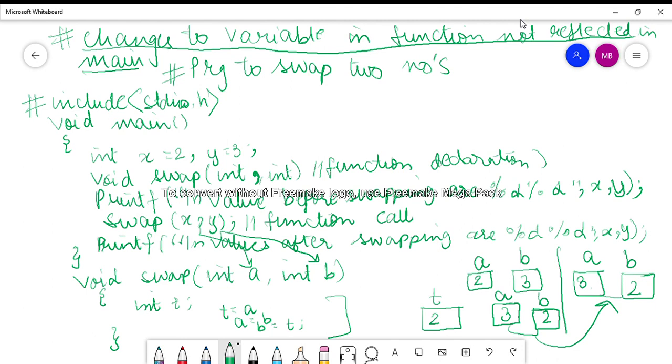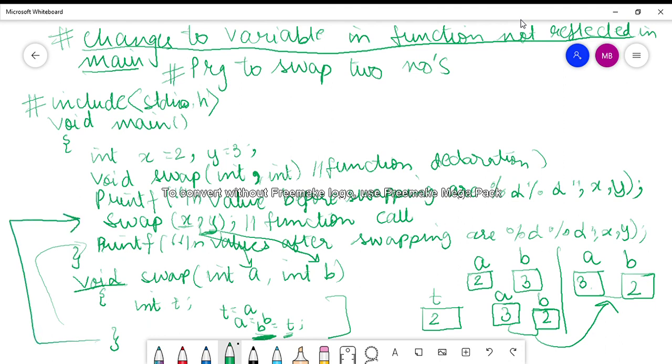But since I am not returning it, nowhere have I returned this value. Also the function type is void here. So that means I have not returned a value. So in that case, there are no changes made to the value of x and y in main. Though these changes were made here in the function, they were not reflected in main.